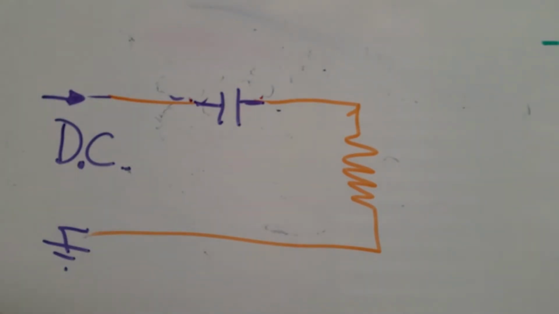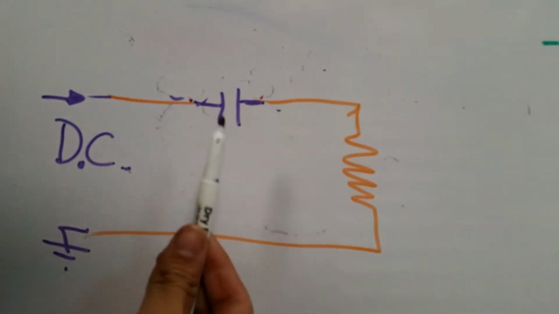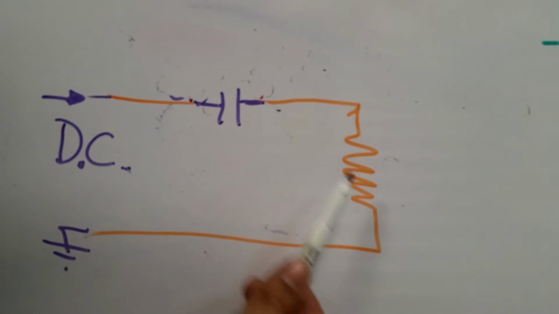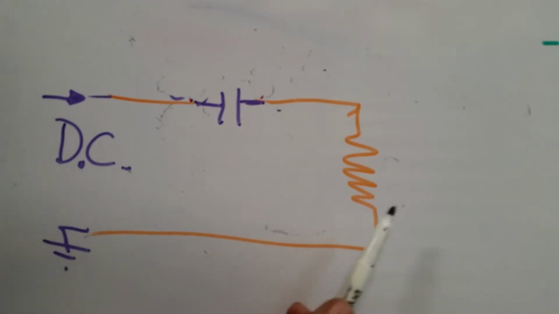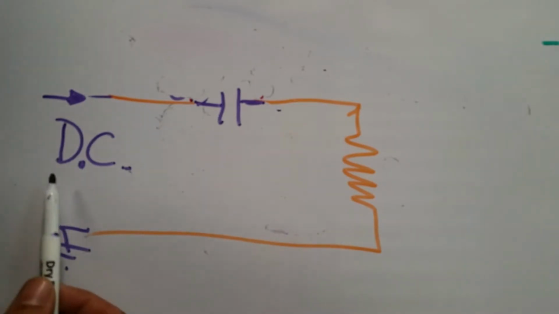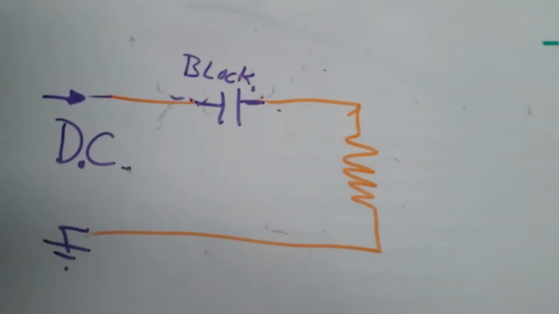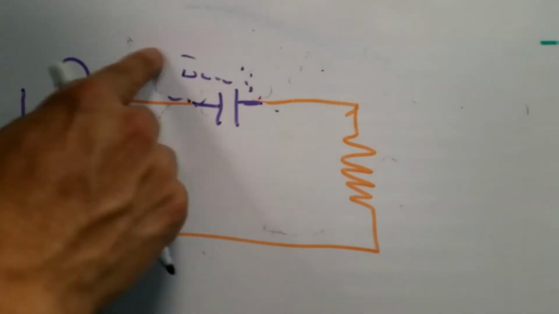Therefore, I can say that in a series system, if I apply a DC voltage, immediately the capacitor is going to allow electrons to flow. This will get power for a very short period of time. But once the capacitor is full, the resistor is not going to have any electron flow, so it's not going to be producing energy or consuming power, should I say. So it will be like disconnecting from the switch. So we can say that capacitors block DC, but they pass